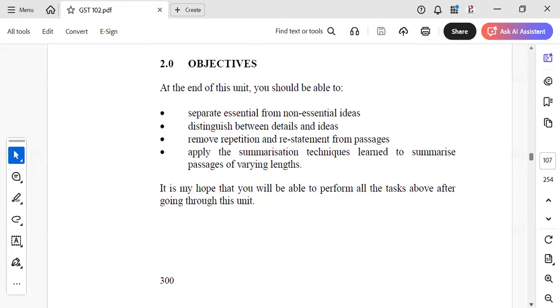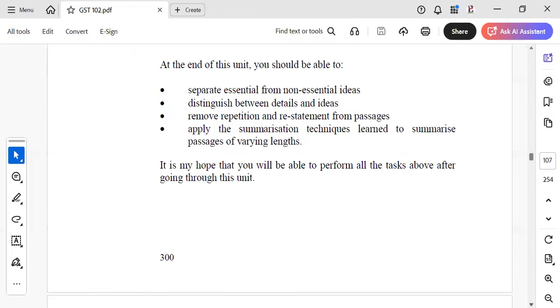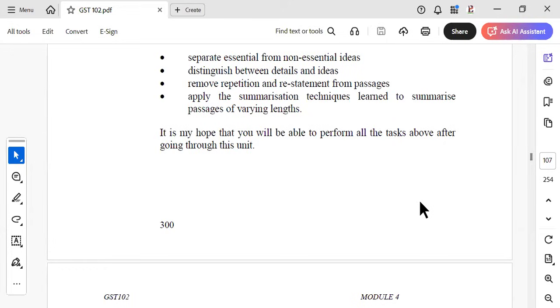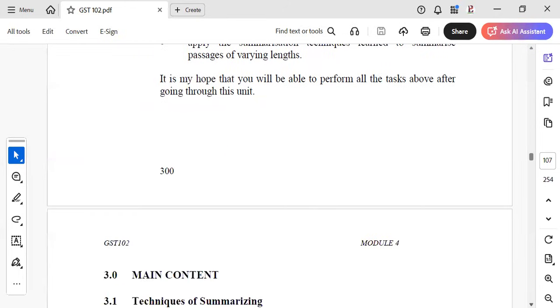Now, I mentioned something very important when we were doing this yesterday, that the main way or the only way you can learn how to summarize is when you do it practically. And I stated categorically yesterday that it is a question in your exam. They'll ask you that in order to learn how to summarize, you have to do it practically. The only way you can learn how to summarize is for you to learn it practically. Do it yourself like this. So as a result of that, we'll be doing so many practicals in this class.